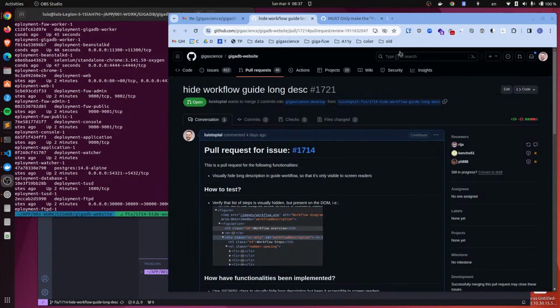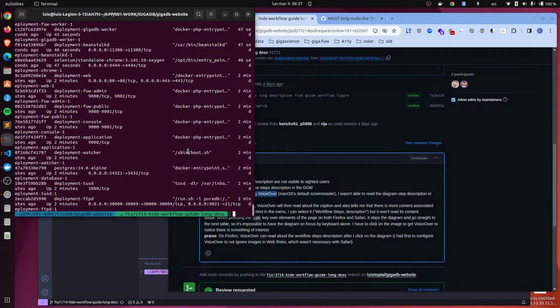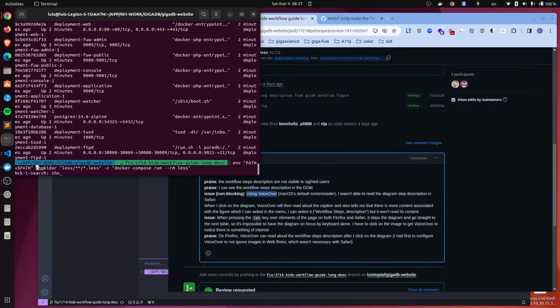So apparently they have a message which says that there are some good things, and then there is an issue with VoiceOver. It wasn't able to read the description.